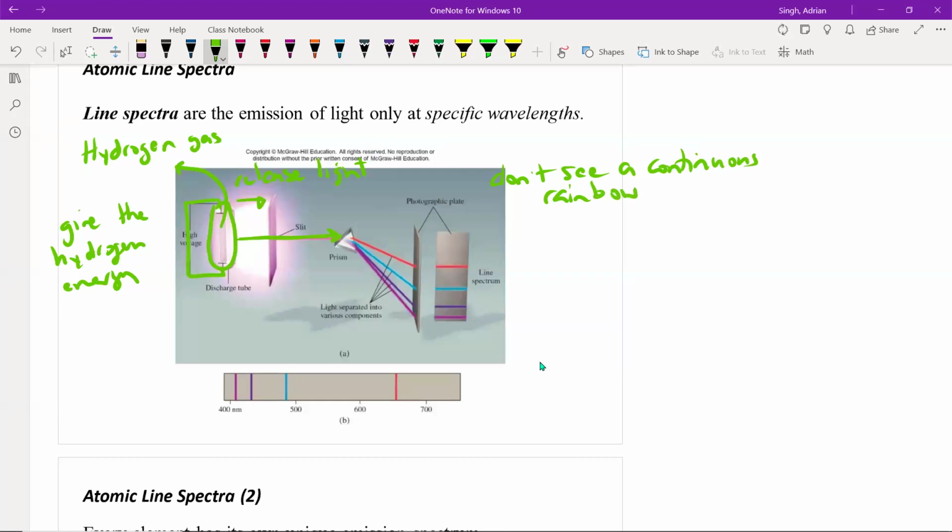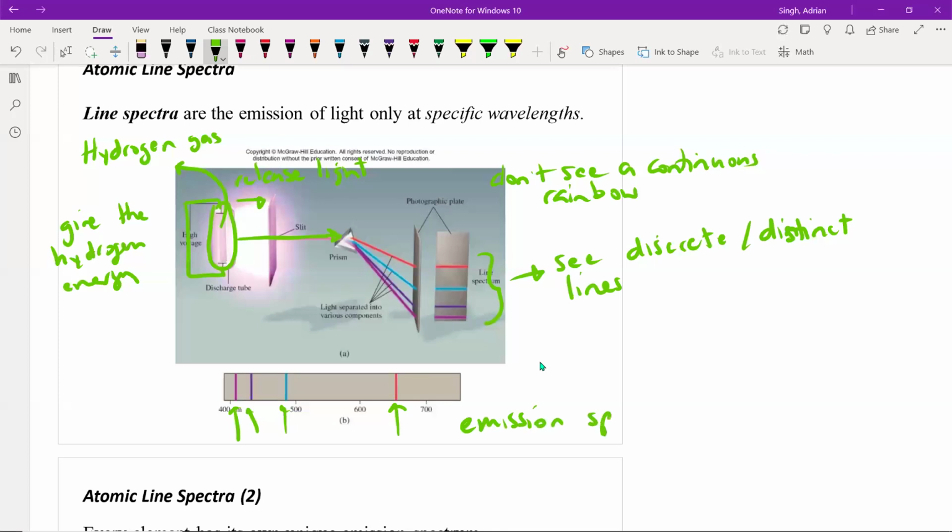Instead, what we see is distinct or discrete lines. So it's not continuous, like we don't see all colors of the rainbow. Instead, in this case, we see one, two, three, four individual lines of different colors. And that's known then as the emission spectrum